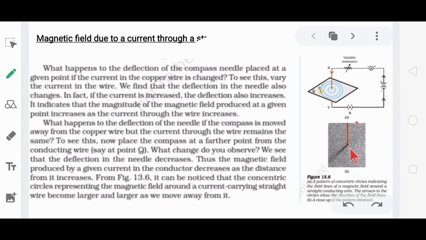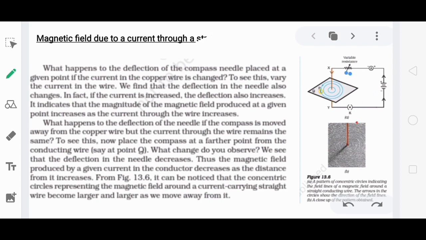In the case of the bar magnet, you saw that magnetic field lines are in the form of closed loops, but in the case of this wire, magnetic field lines are concentric circles. What if we increase the current in the circuit? The radius of the concentric circles now decreases. By means of a compass you can check it. It shows that by increasing the current we can enhance the intensity of the magnetic field lines.